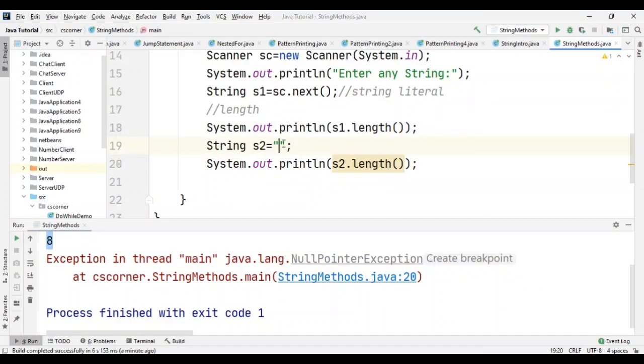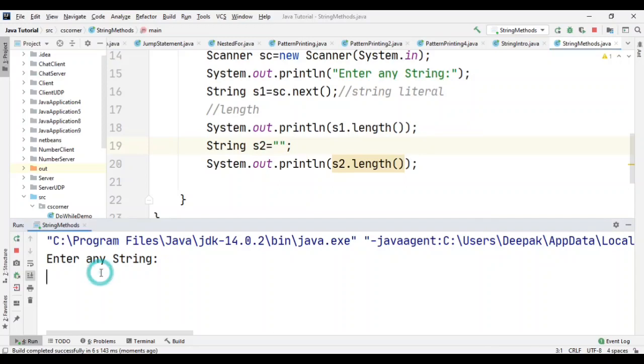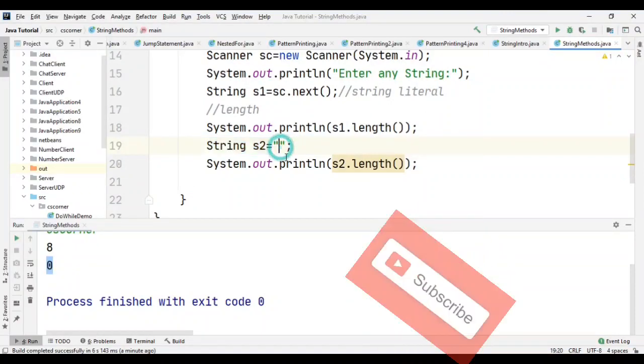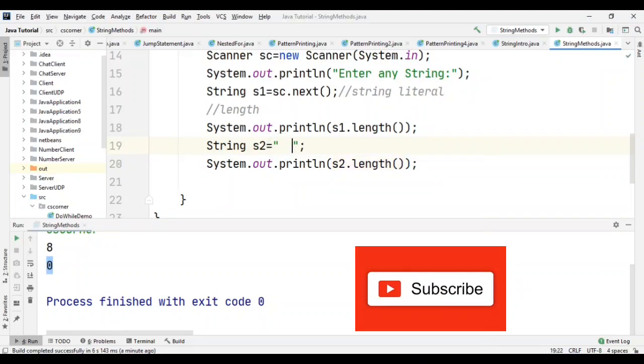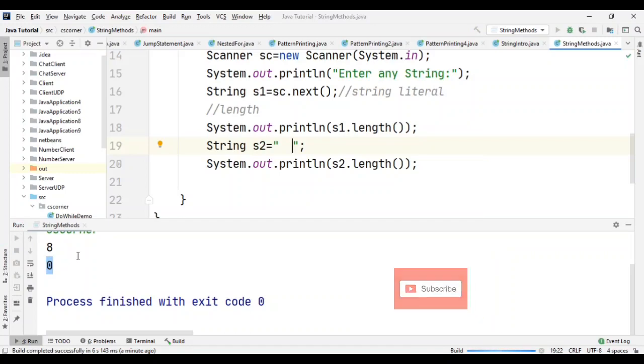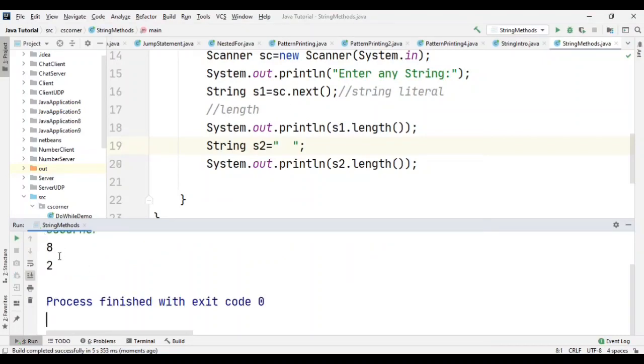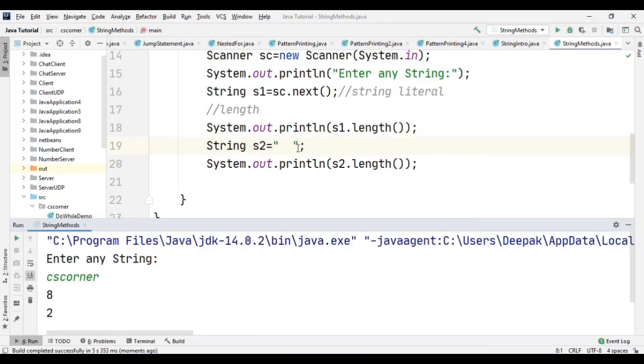If I remove null and write double quotes, let's see what output we'll get. So again I'm entering a string. Here I have not entered any string, therefore I'm getting output as 0. Let me change it with spaces. I have entered 2 spaces. Space is also counted as a character. So now I should get output as 8 and 2. I'm getting output as 8 and 2 because 8 is the length of CS corner and 2 is the length of